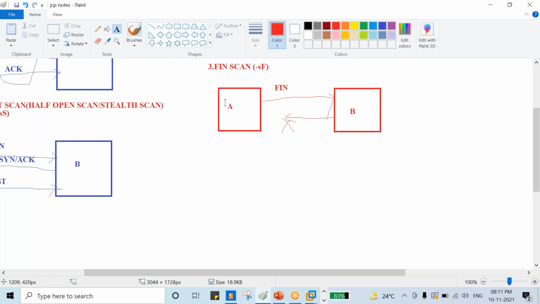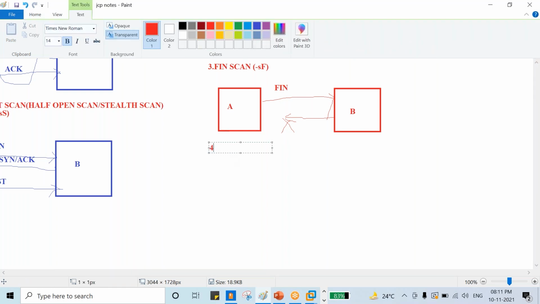Now the fourth scan. Yesterday we discussed the Xmas scan.